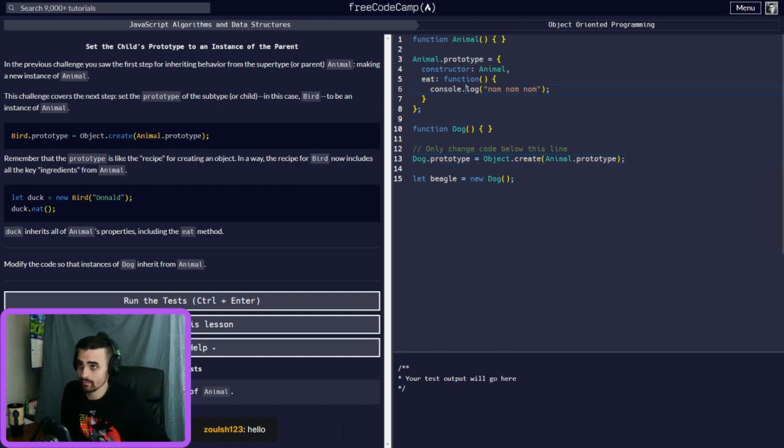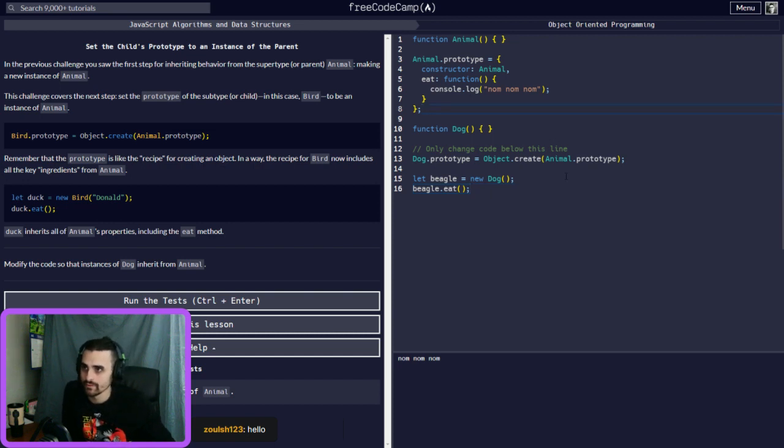So we made the animal prototype, which is the highest thing that this can be. We made the function right here that's empty, and then we gave it a prototype of this, and then we made it this right here. So now we create the beagle as a new dog. Then we could do beagle.eat, and that will print out nom nom nom.